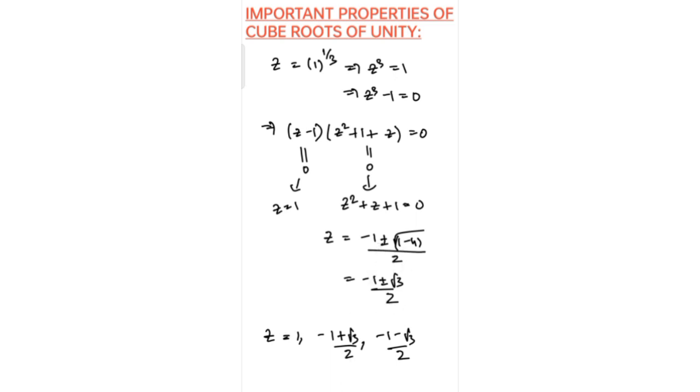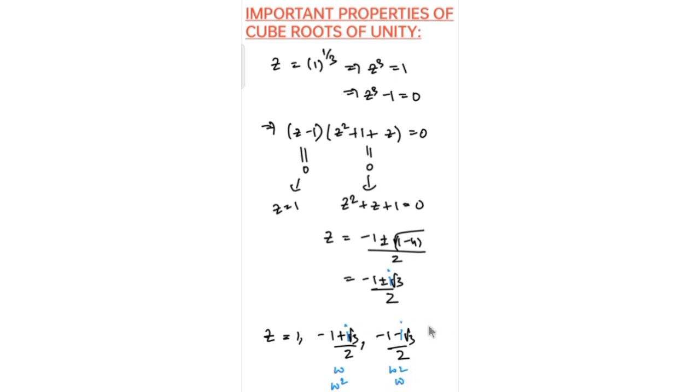The main confusion is that people get confused about what to consider as omega and what to consider as omega square. There is no rule specified for it. I shall write this clearly: minus 1 plus i root 3 divided by 2, and this is minus 1. There is a small mistake here, I have not represented the i. So minus 1 plus i root 3 divided by 2 and minus 1 minus i root 3 divided by 2. If I consider this as omega, then this would be omega square, and if I consider this as omega square, this could be the omega.